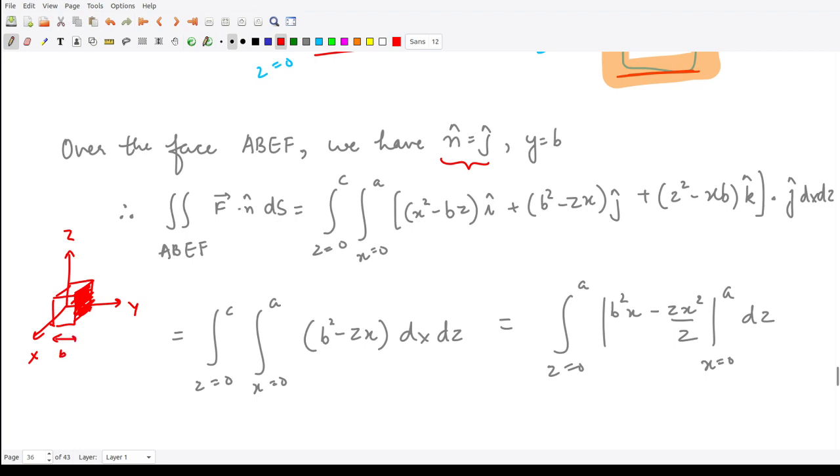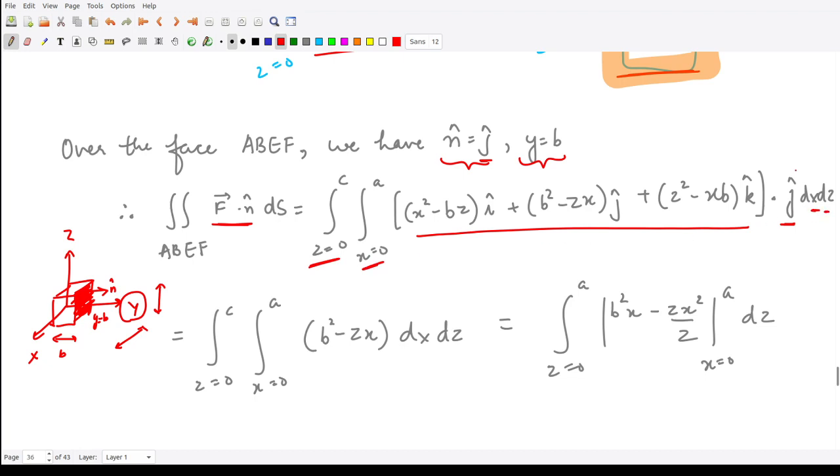So here at every point, y is equal to b, and moreover the unit vector drawn perpendicular to this surface would be outside and parallel to the y axis. So that means it would be equal to j cap. Accordingly you obtain f vector dot n vector, so this is your f vector dot with j vector, and here what is variable? For this particular face, z can vary and x can vary, right? So you have the variable limits for z and x.